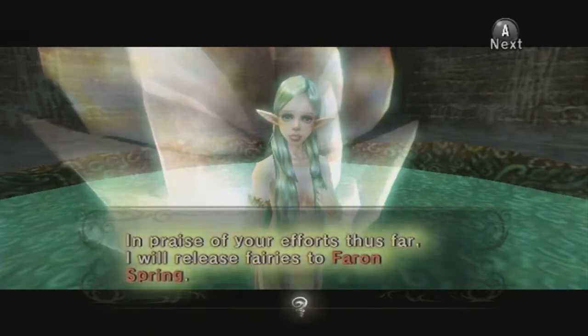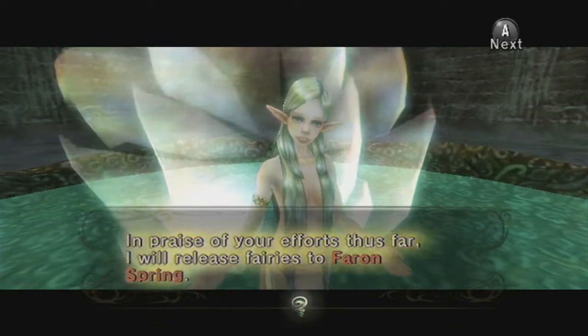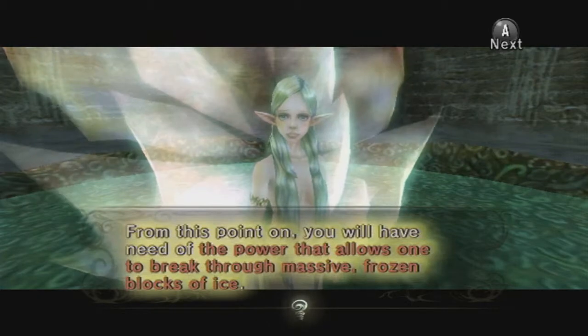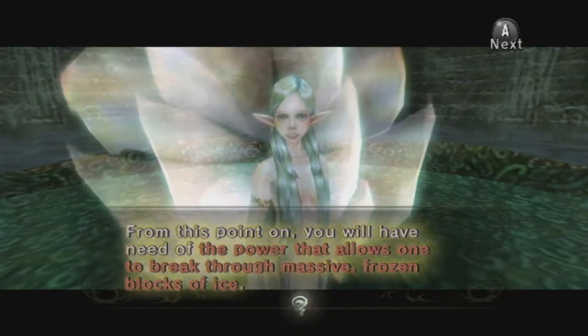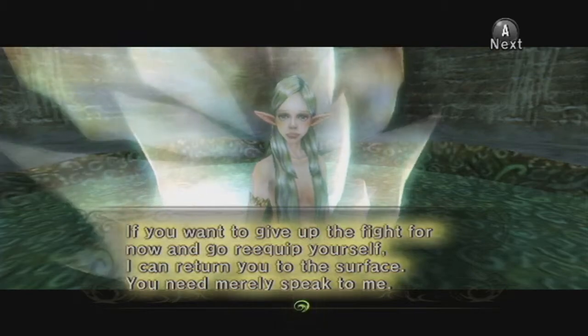I am impressed you made it this far, hero. In praise of your efforts thus far, I will release fairies to Faron Spring. From this point on, you will need to have the power that allows one to break through massive frozen blocks of ice. If you want to give up the fight for now and go re-equip yourself, you can return to